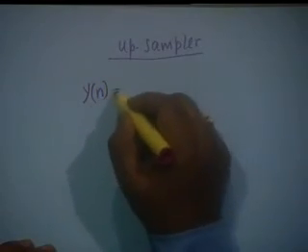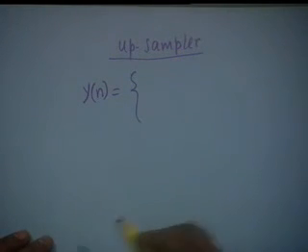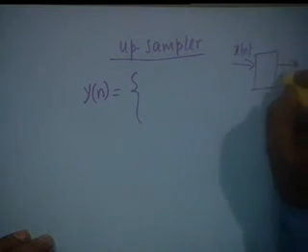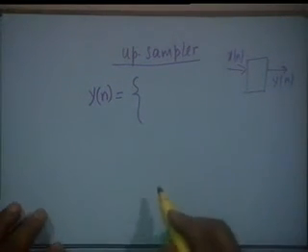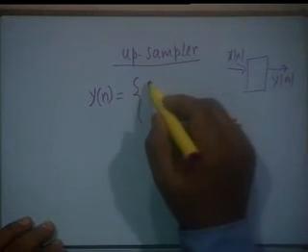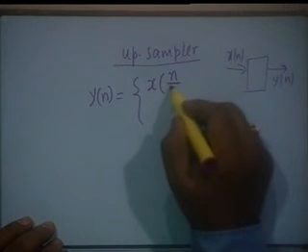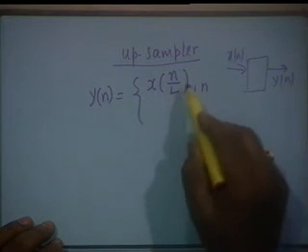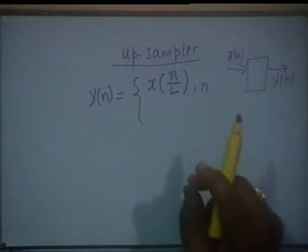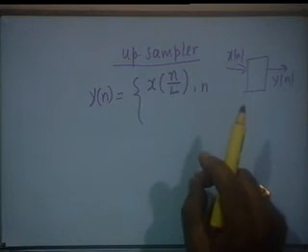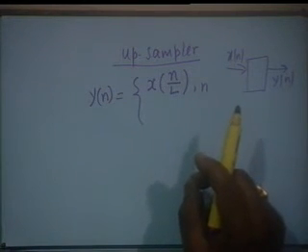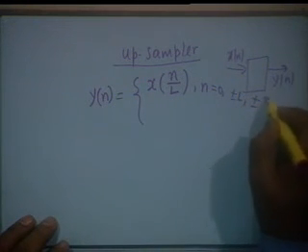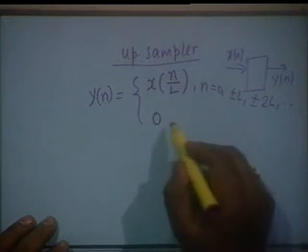Upsampling is determined by this equation, y of n. You see, once again we have x of n feeding to a digital system giving y of n. The relationship between y of n and x of n in an upsampler is y of n equal to x of n by L. For obviously this will exist when n is an integral multiple of L. Isn't that right? The digital signal exists only when the argument is an integer, positive or negative. So, this is for n equal to 0, plus minus L, plus minus 2L, and so on, and it is 0 otherwise.